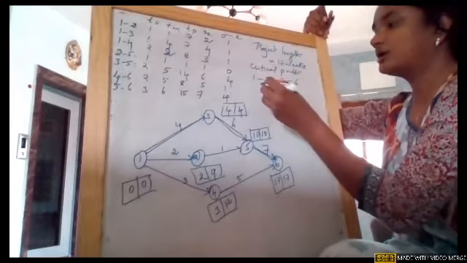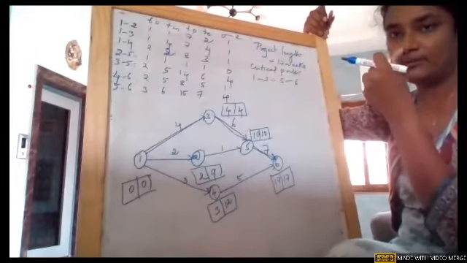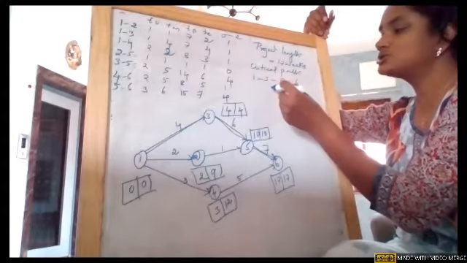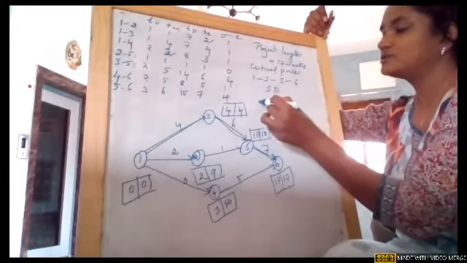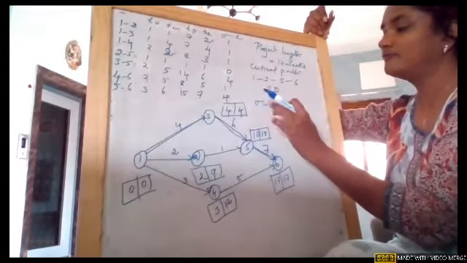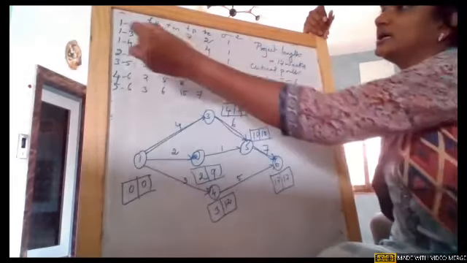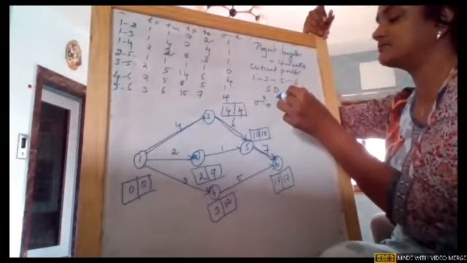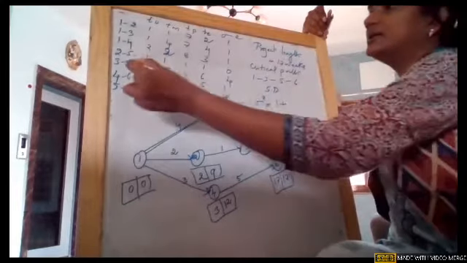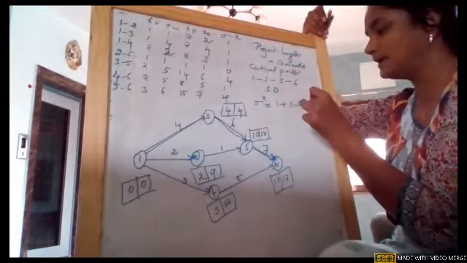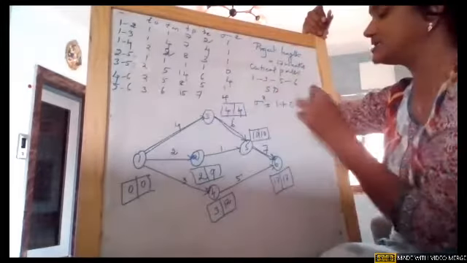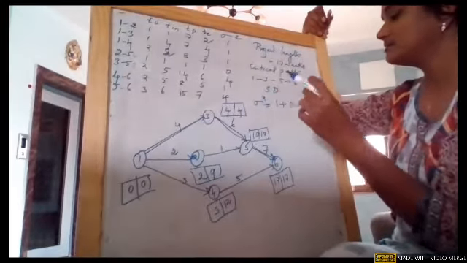And what is my next step? What did I tell you in project PERT? We need to also find out standard deviation. So for sigma, first I'll just take sigma square if you're getting confused. For sigma square, from 1 to 3, the variance is 1, plus 3 to 5, the variance is 0, plus 5 to 6, the variance is 4.